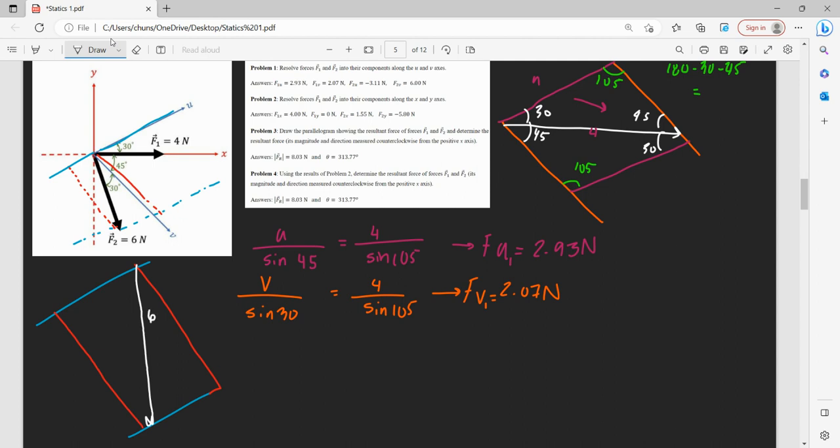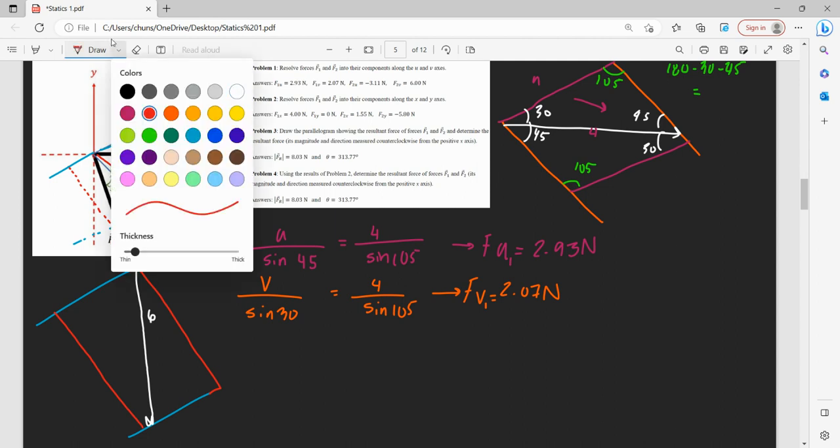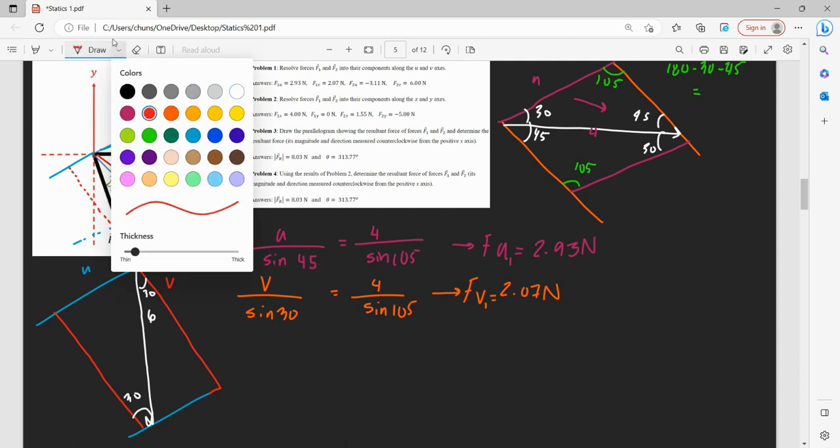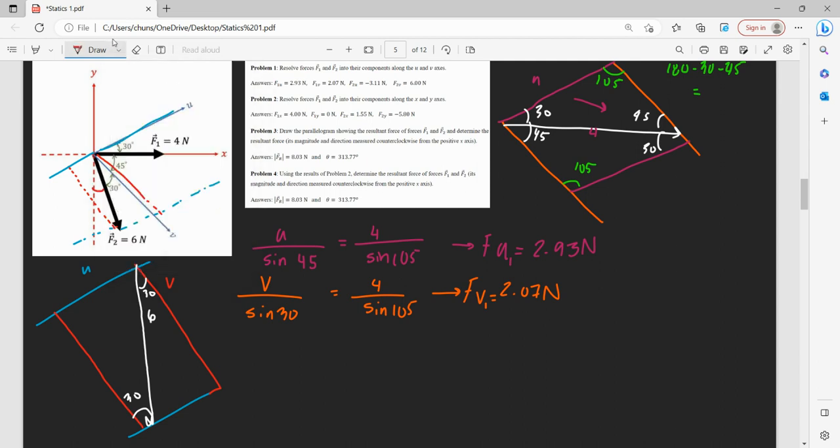Okay, what do we know? We know that the angle between our V, our force, is 30 degrees. So that means this is also 30 degrees. We know that there's 45 over here to our x-axis. So that means this angle right here, we know all of this has to be 90 degrees, right? So if you do 90 minus 45 minus 30, that gives you 15 degrees